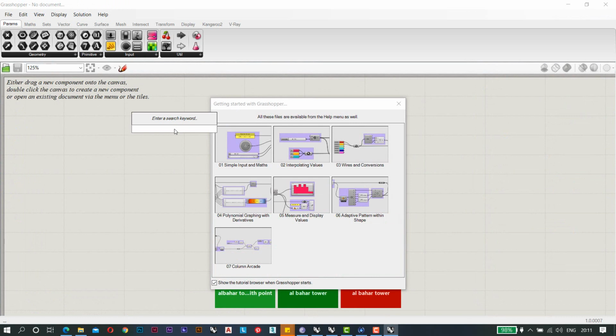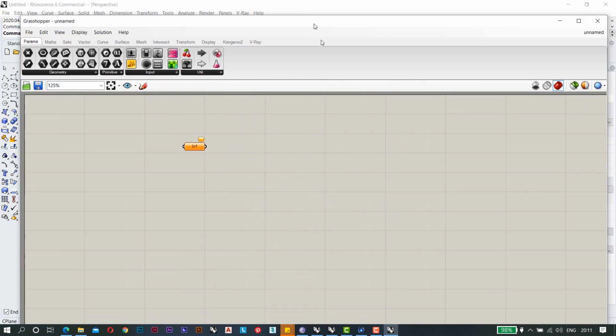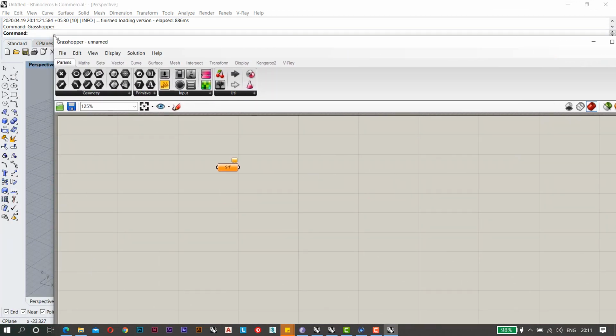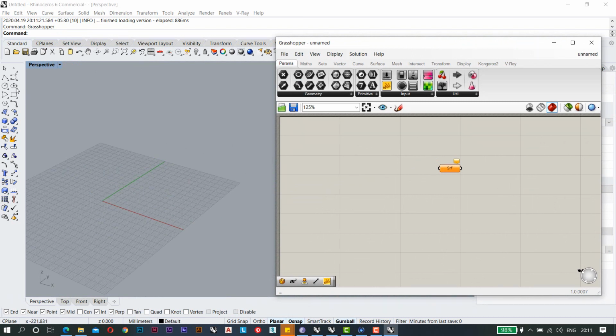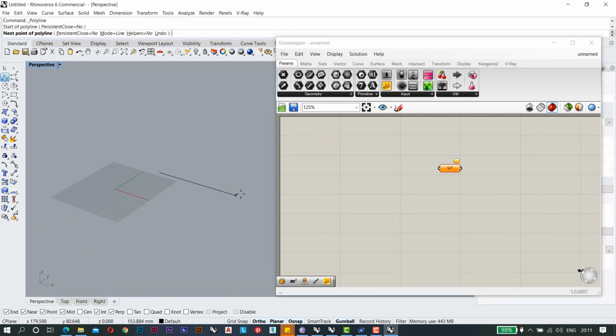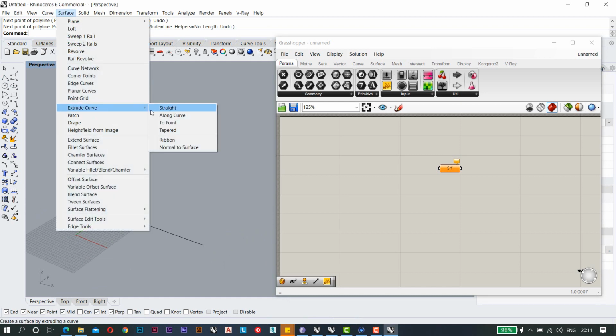We will click on surface. First we need to make a vertical surface on which we will apply this twisting louver option. So surface, go to straight, like this.